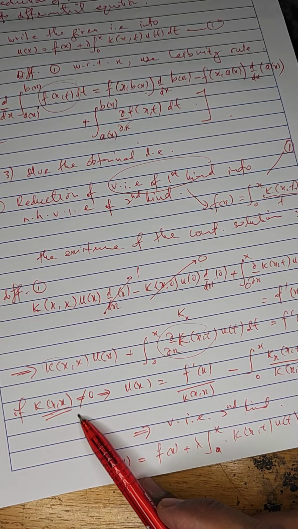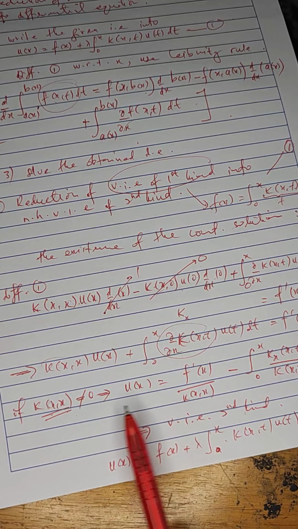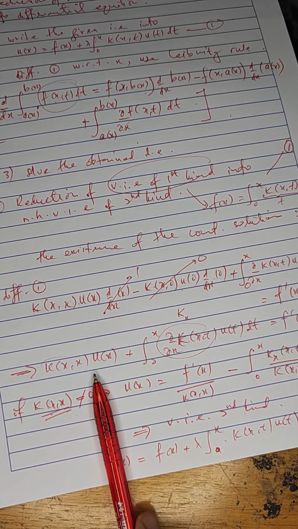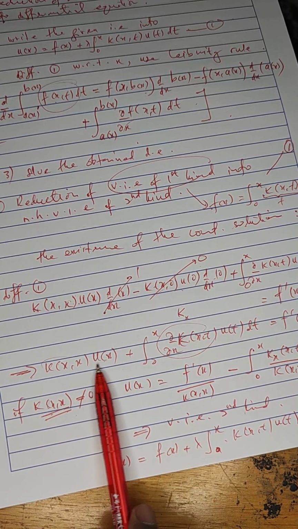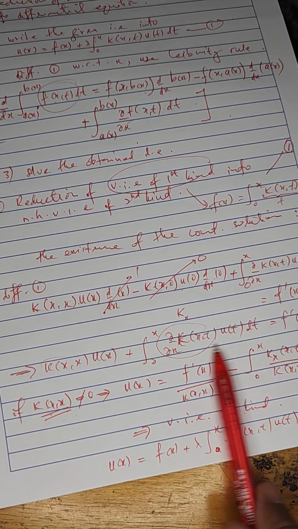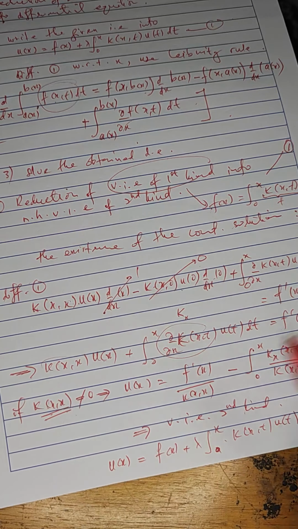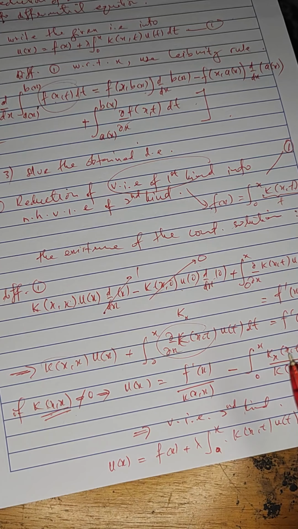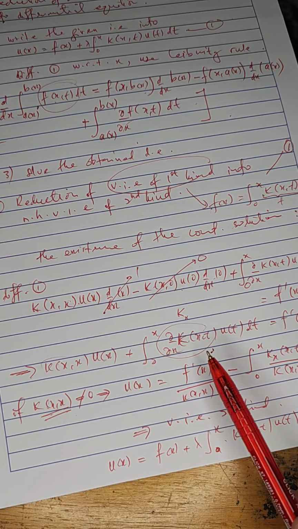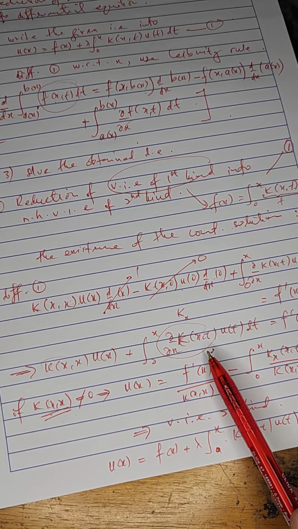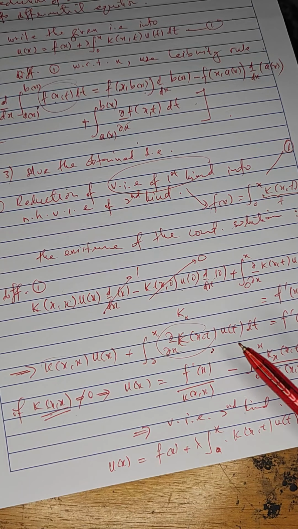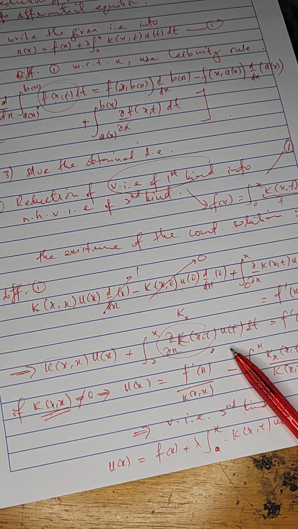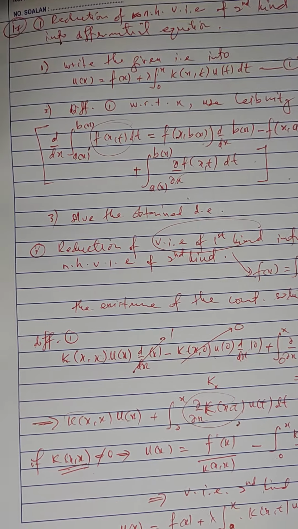But if k(x,x) is 0, what happens? You can see from here, if it's 0, we still have that form. You need to differentiate again, because this is still a Volterra integral equation of the first kind. Then you need to do the process again. So what you get if you differentiate those,